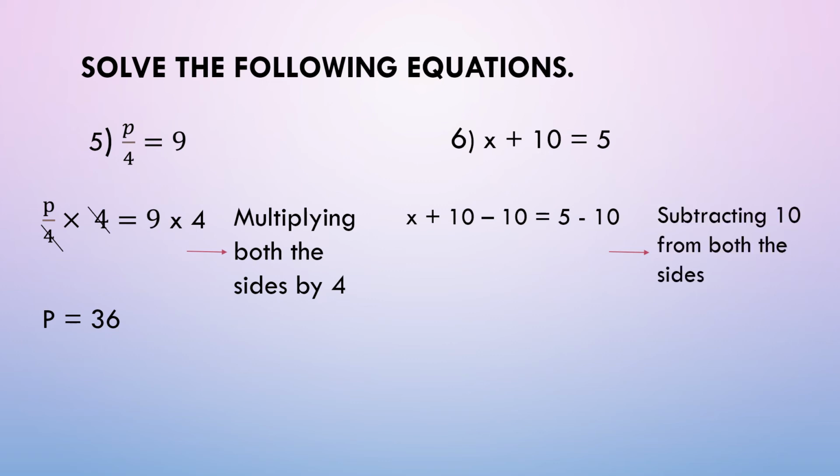So x plus 0 is equal to what? Now see here, plus 5 and minus 10 is what? You have to do subtraction, right? So 10 minus 5 is what? 5. And 10 is a bigger number. Before that, which sign is there? Minus sign is there. So minus 5. So x is equal to minus 5.